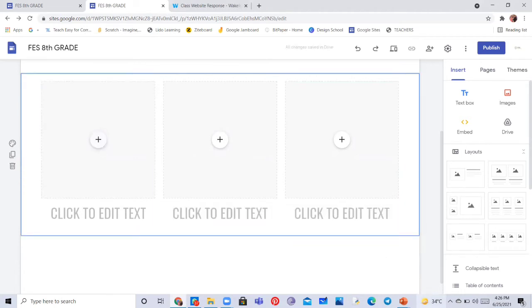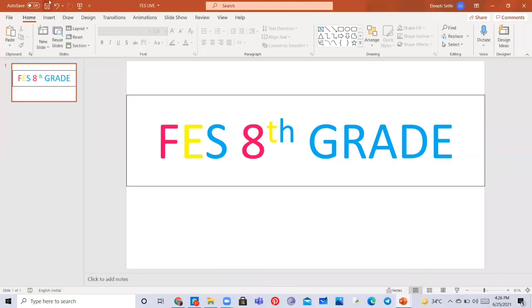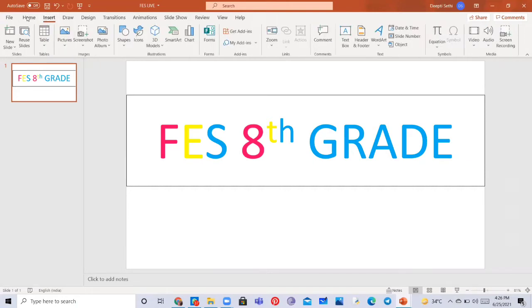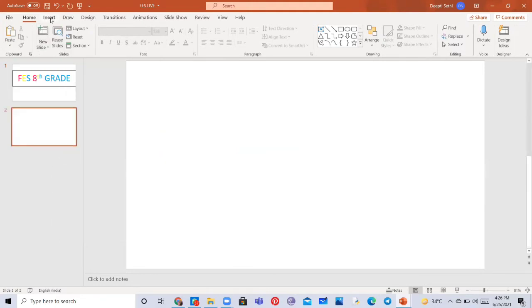Now we are going to go to our PPT and insert a new slide. That's also going to be blank in the layout. And from the shape tool, we are going to insert a circle.